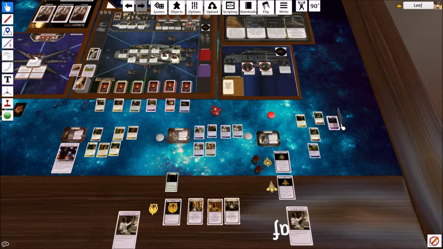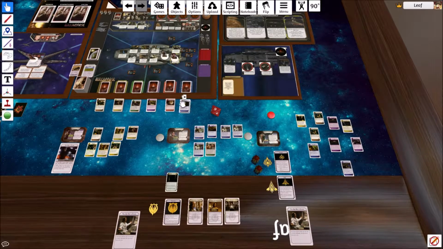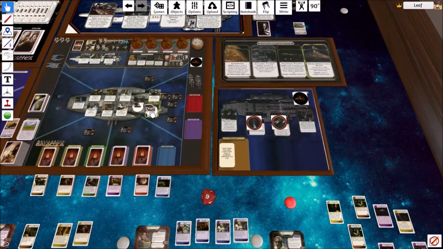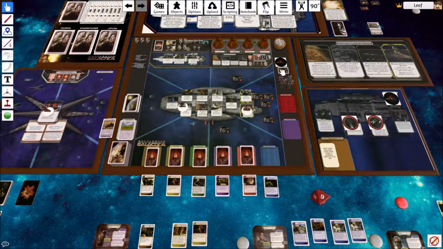Doc will draw politics, 2 tactics, 2 engineering, and then he's going to find out what the hell he's going to do with his life. Yeah, what he's going to go ahead and do is move to command, activate a Viper, and send that civvy ship back where it came from. Actually, do I want to do that? Or do I need to...